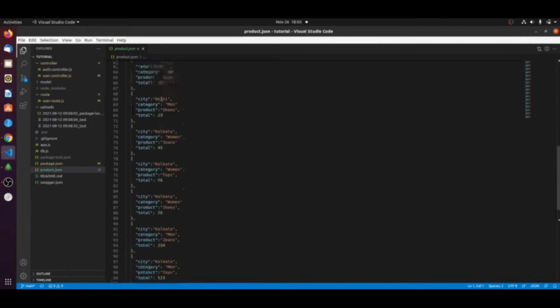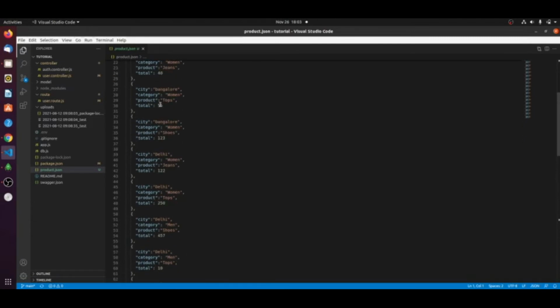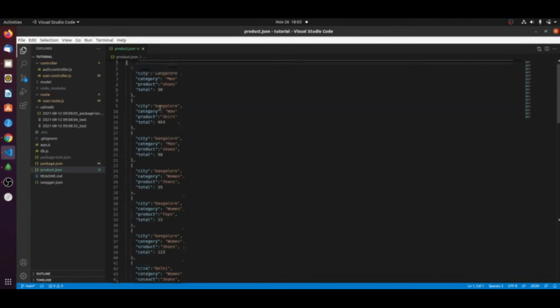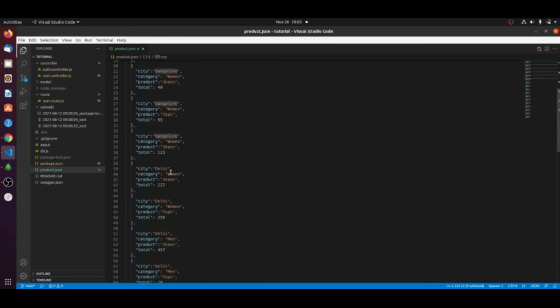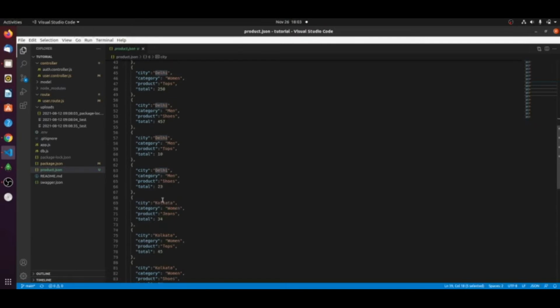Let's count the total number of products as per the city. That means, let's say in Bangalore, how many products are available? Same for Delhi, how many products are available? And same for other cities like Kolkata and so on, right?